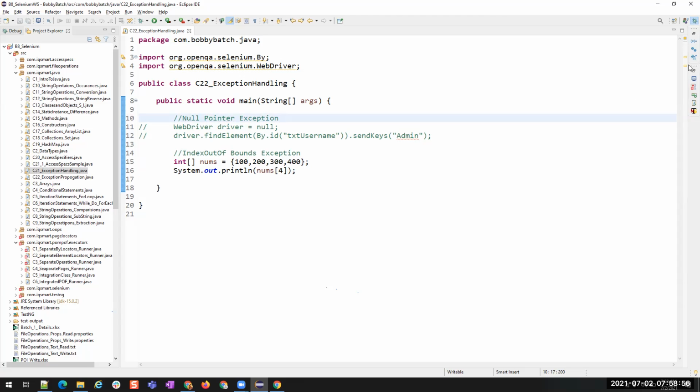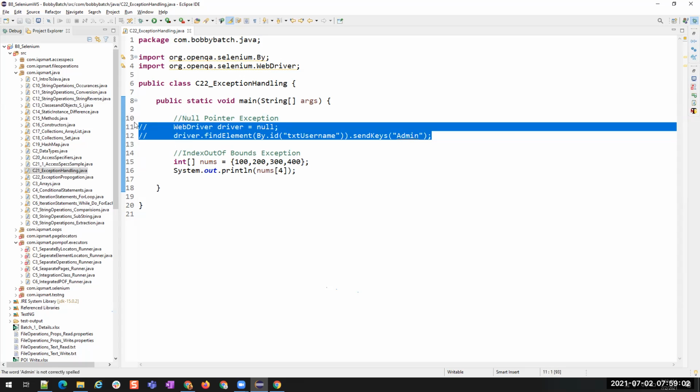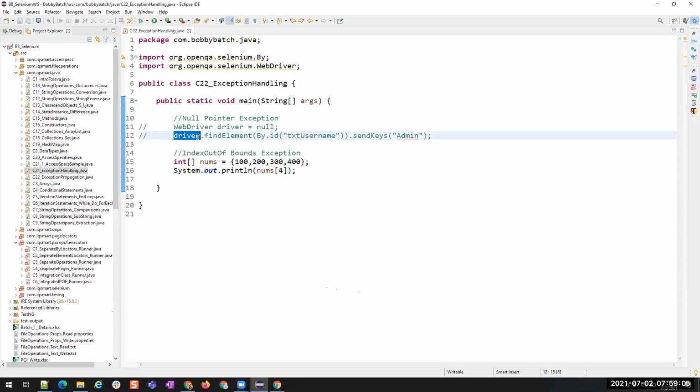So like that, we have so many exceptions that might arise during your execution. Now we have to handle it, right? So when it says that this is a null pointer exception, if you want to handle it, I don't want to stop my execution. I want to continue my execution by assigning some value to the driver. Then in handling of that exception, you can assign that property. But why do we need to handle this?